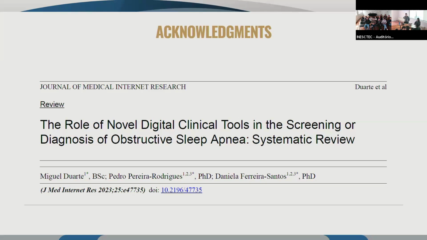Have you ever done any systematic review for your work, or just literature reviews? More literature reviews, okay. Systematic reviews are a topic that I really, really like. I have one done during my PhD about tools for screening and diagnostics of obstructive sleep apnea. And then I have this one on novel digital clinical tools, also related to the screening and the diagnosis